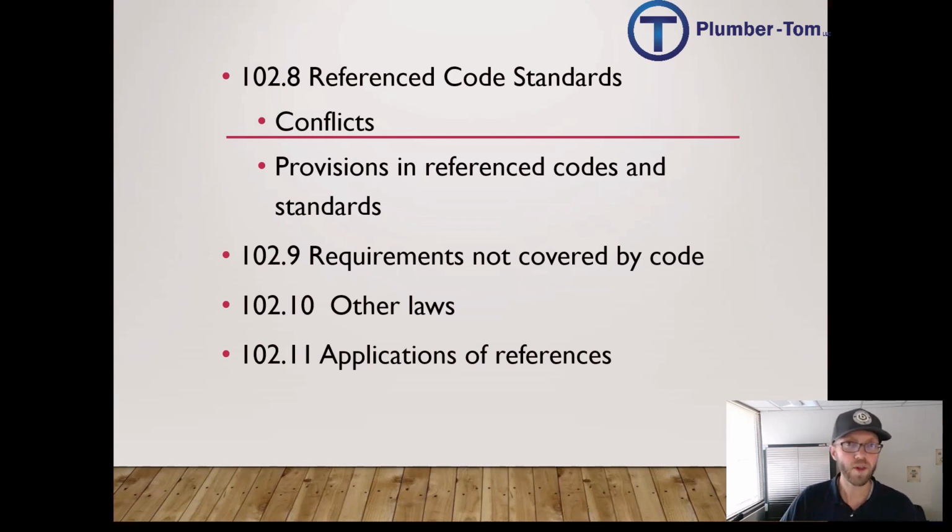102.10, if there are other laws that the state or local government have, the code is acknowledging that just because the code says this, but the law in the land is different, the code does not overrule the law of the land. Because it's that jurisdiction. For example, Utah is the one who decided to use the International Plumbing Code. They add amendments to that. They change it according to what we need here in Utah, and therefore, Utah has the ultimate rule. We're the ones who decided to use this code, and we're going to decide how we're going to use it, and therefore the code does not override existing law in the state.